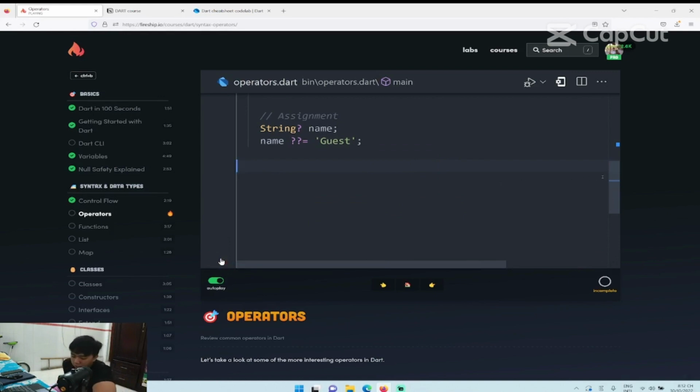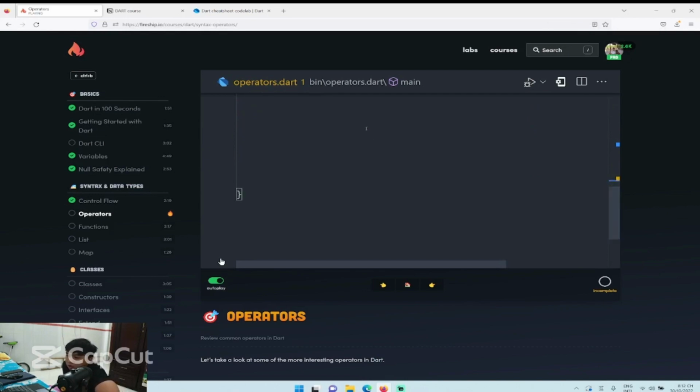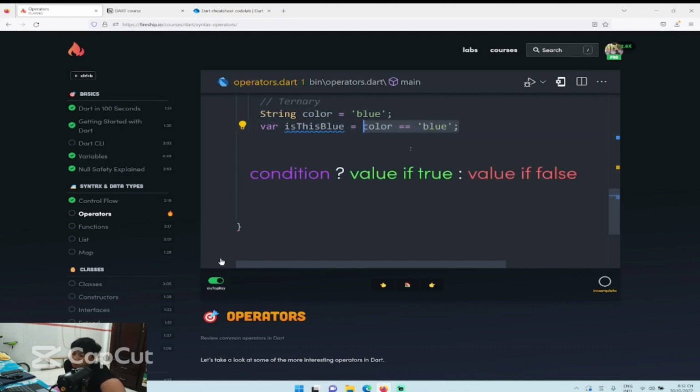And if you're not directly assigning a variable, you can just use a double question mark on its own, which will do the same exact thing, but it's just an expression that doesn't assign the value to a variable. Now, another very useful operator is the conditional or ternary, which is used as a more concise way to write an if-else statement. It's called a ternary because it can be broken down into three parts. The first part,